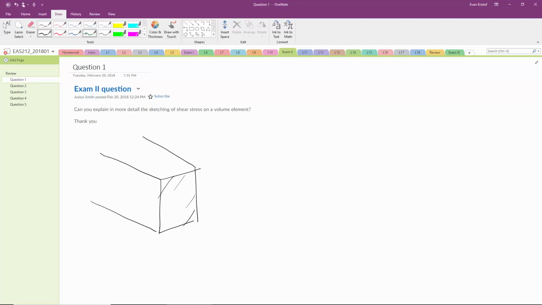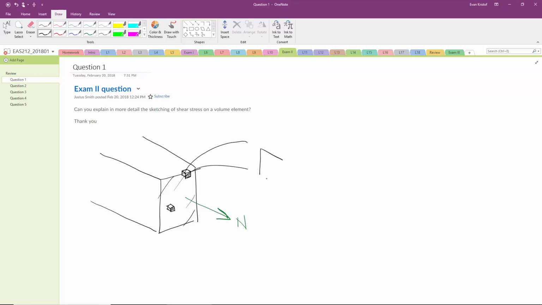If I had an internal resultant of a normal force on that cross-section, and we were asked to show the stress distribution on a differential element lined up with that cross-section face, we could basically take and place a 3D prism anywhere on that face. And so I'm just going to shade the face that corresponds with the cross-section itself,